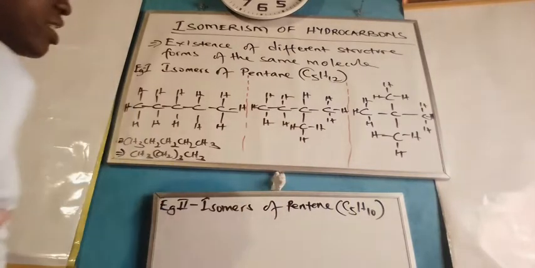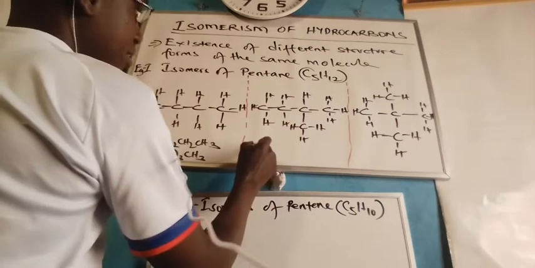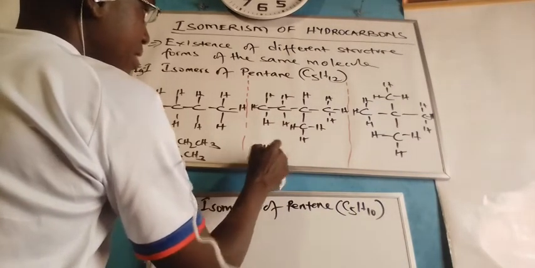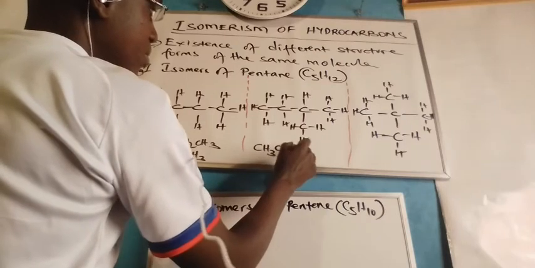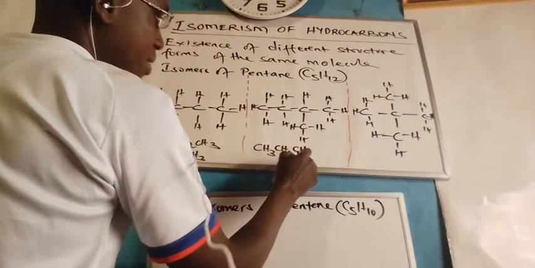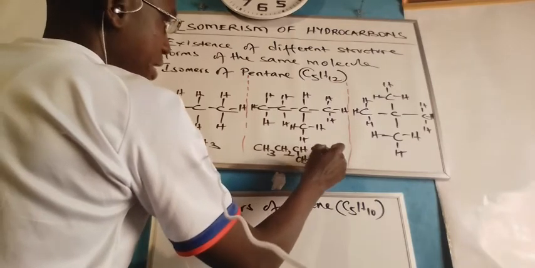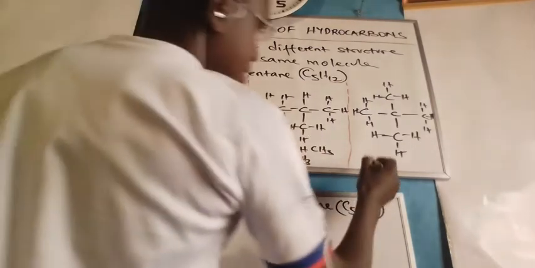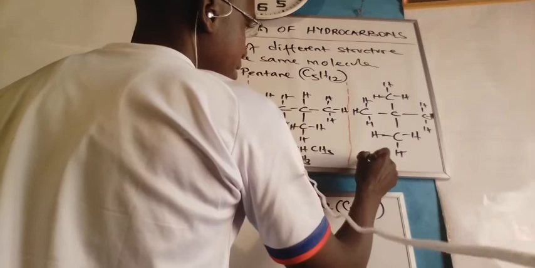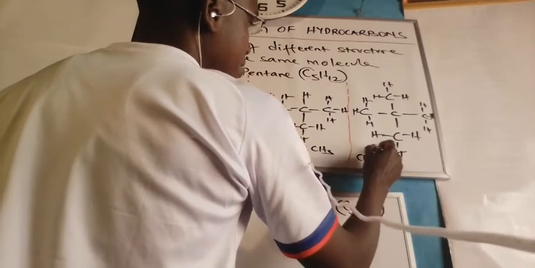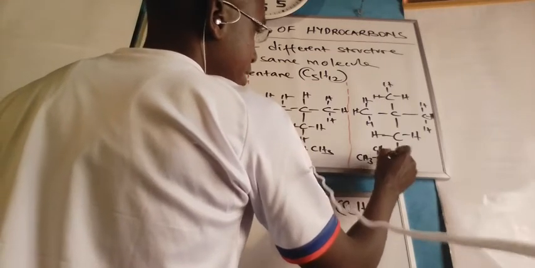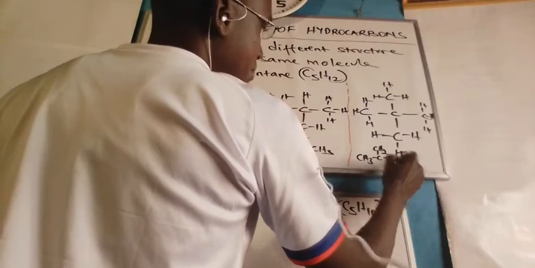Now, the next species condensed will exist as CH3, CH2, CH with a hanging group of methyl and CH3. The third species in condensed form is CH3, carbon in between with a complete ring of methyls